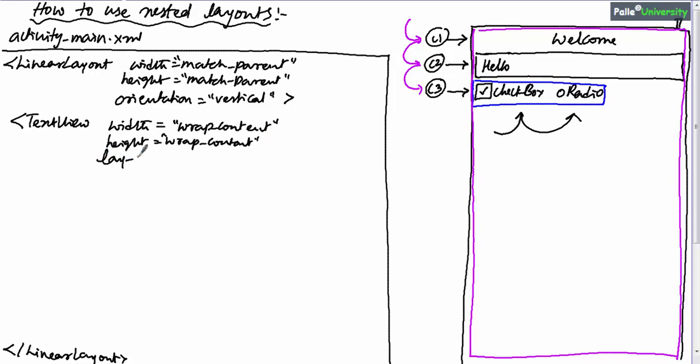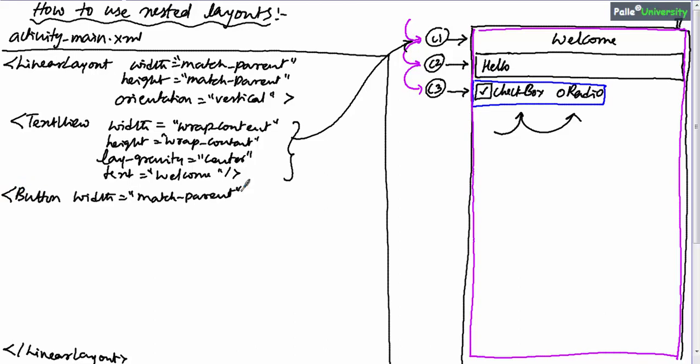So I will use layout_gravity equal to center and probably text equal to welcome. With this we are done with the first child. Now coming to the second child, which is a button with width match parent, height equal to wrap content and text equal to hello.